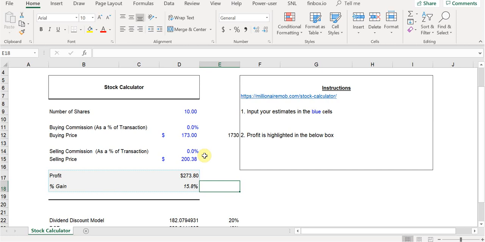So that's pretty straightforward, just quick and dirty, between three different valuation methods to help you understand how to calculate your profit and gain. For me, a 16% gain off of a potential stock in Apple. I think this is a core holding for anyone. Not a core holding, but it should be in everyone's portfolio, just given the sheer size of the business,